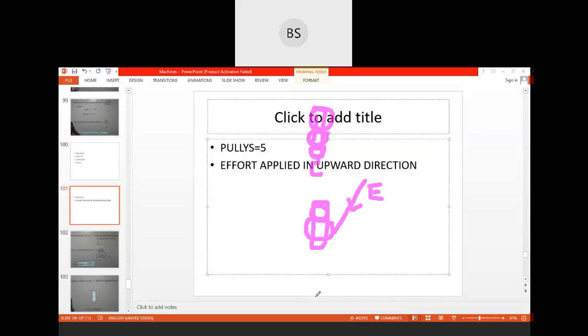Correct, children? Correct or no? Yes or no? Yes, ma'am. So now draw the string. So the string will come this way from here. Okay, from here I have to draw. So it will come in a straight line this way up from this. Then it will come down to this string. Then it will come up. Drawing went wrong. I'm not able to draw here. So from here,